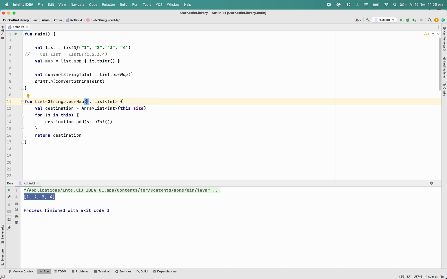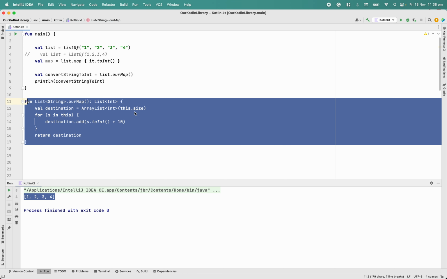So I'm saying, okay, what we can do, still I'm not going to change these data types. This function will still take a list of string and return an integer, but what operation we want to change, I don't want only to change to int. Maybe at one place I want to do this, and at another place I want to do this. So in this case there will be an issue. I can copy paste this method and then give it a new name,